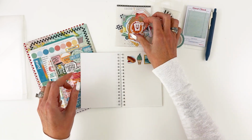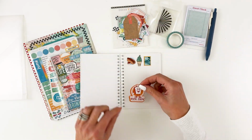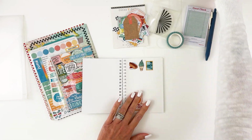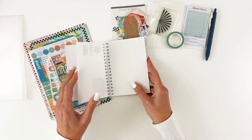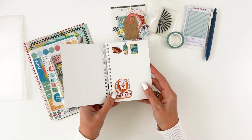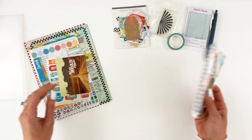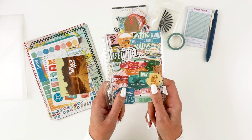You can even do that with these guys. If you don't want them loose or you have some extras, just take the backing off, and you can stick them in here as well. So now you can have all of your die cuts on a sheet as well. Any of your stickers you can do that with, and you have a little sticker book. Super, super cute. So you have that in there, and the reason I was able to do this is